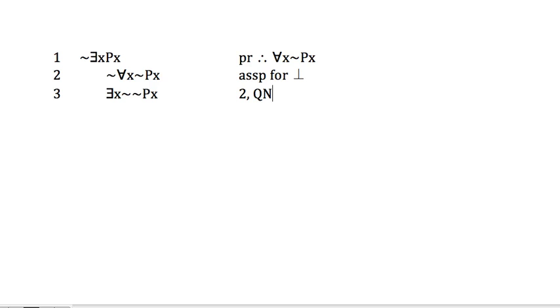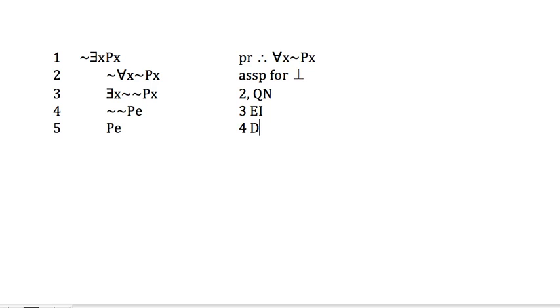From here on, it's going to be pretty smooth sailing. So let's first take line 3 and instantiate it. Existential instantiation. Pardon me, we need the double negation at first, but you know what's going to happen. It will drop out quickly enough. So existential instantiation from 3 gets us not not PE. Let's go ahead and get rid of the double negation. PE